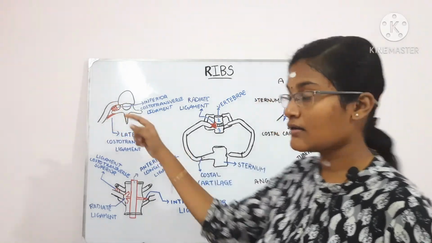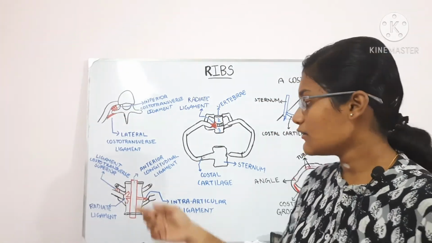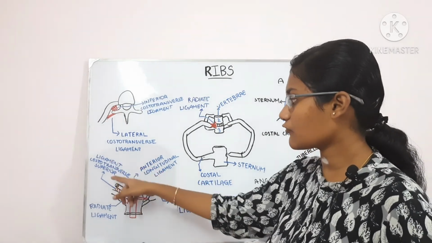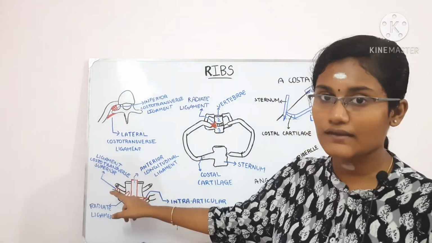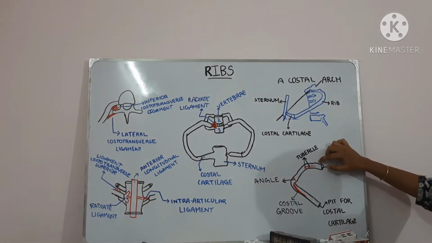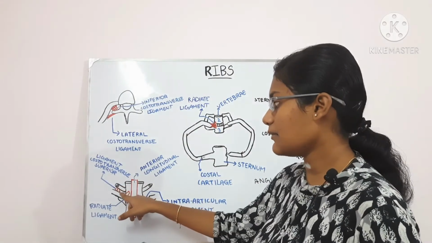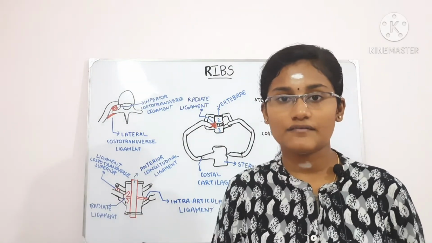Okay, over here. And there are two laminae for the superior costotransverse ligament. Both laminae of the superior costotransverse ligament attach themselves to the crest of the neck. So this part which is bulged over here is the crest of the neck. So the superior costotransverse ligament attaches itself to the crest of the neck.